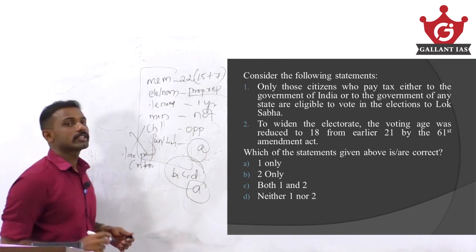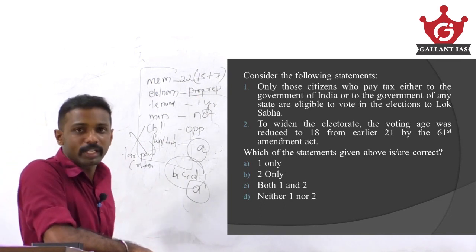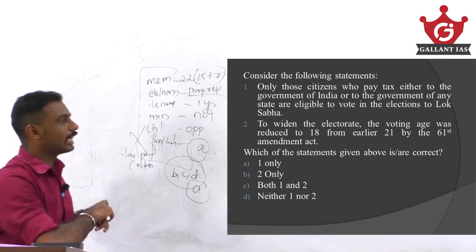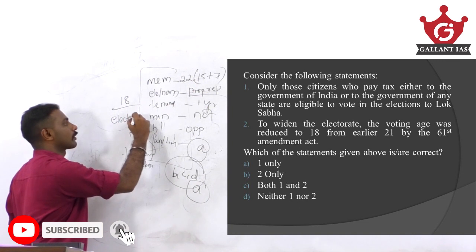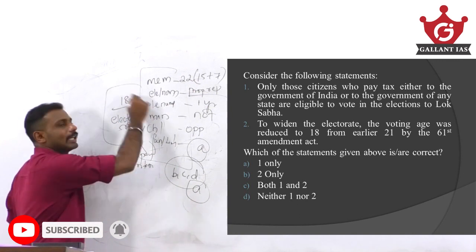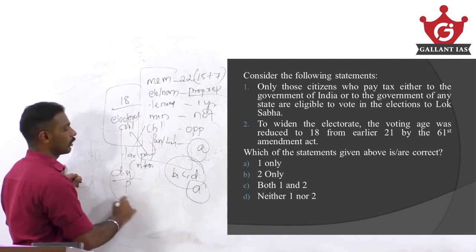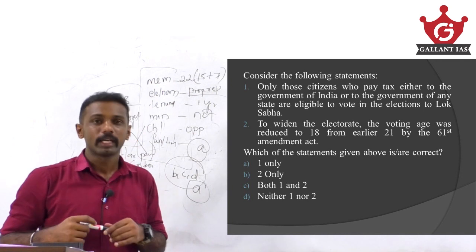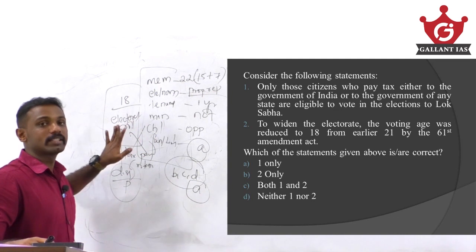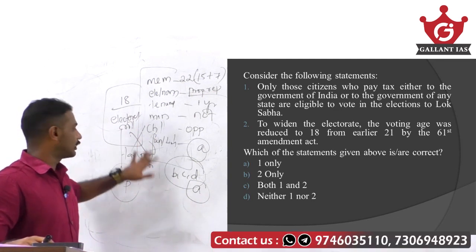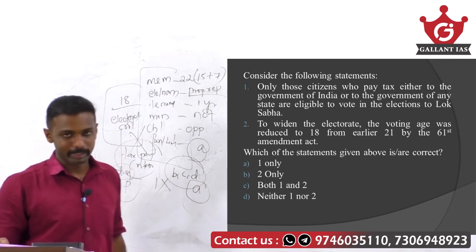Tax paying is not a criteria to get the right of voting here. Normally a person who has crossed 18 years of age and has enrolled his name in the electoral roll is eligible to vote in the election, except for the disqualification made by the parliament. Except for the disqualification criteria, any citizen who has crossed 18 years of age and entered their name in the electoral roll is eligible to vote. And there is no such criteria regarding payment of taxes. So statement number 1 can be considered as a wrong statement.